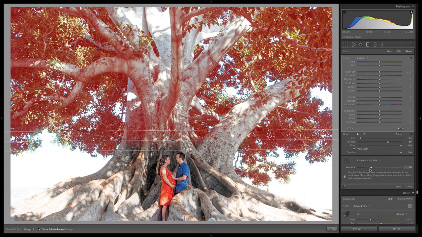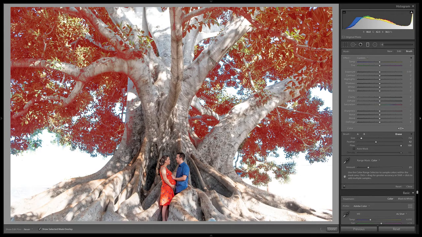Now that's pretty good. We could adjust the amount to get a little bit more particular. Now, because there is a big trunk right here, we can go ahead and use an eraser and just erase that part of the trunk because we know we don't want this selected. Turn off auto mask. We can do this ourselves. I am just trying to get the leaves, so wherever there's a trunk, I'm going to turn off.